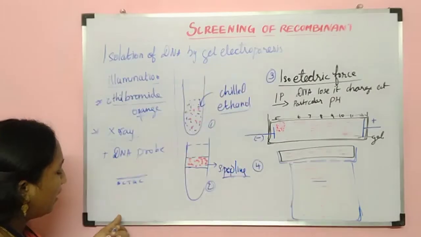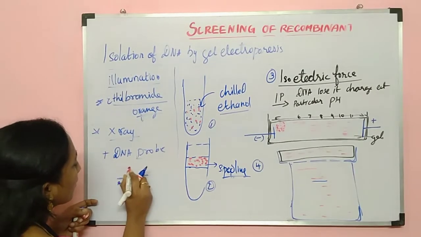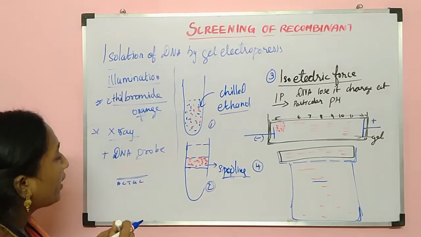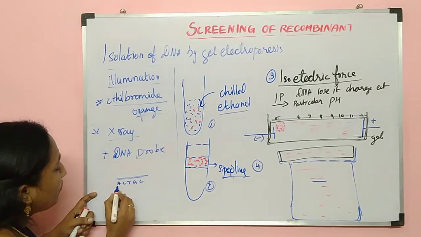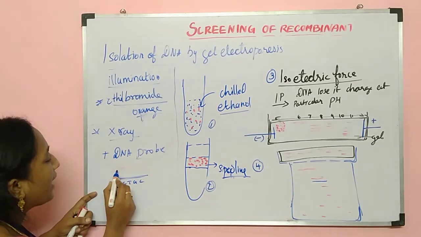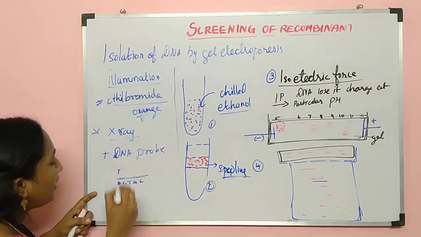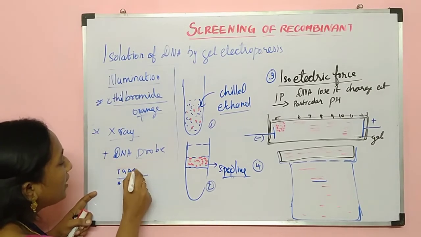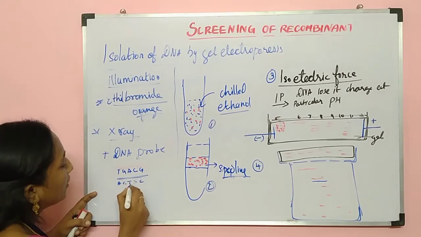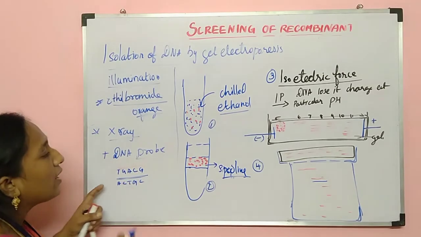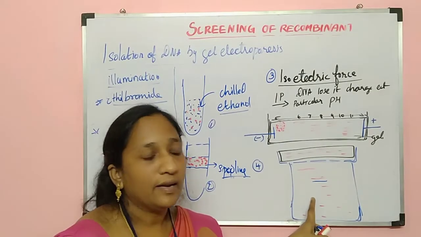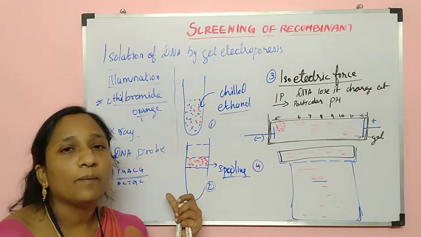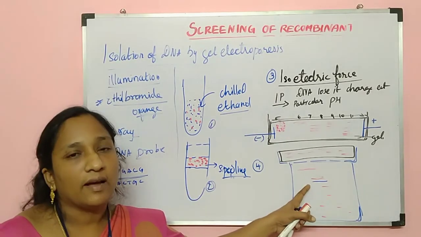Now see, suppose this is a DNA strand. How can you find the complementary? If this is a DNA probe, then the complementary will have, for A, T; for C, G; for T, A; for G, C; for C, G. So this would be the DNA separated, which is present in the agarose gel. By this technique, we can easily identify what type of strand is present in the agarose gel.